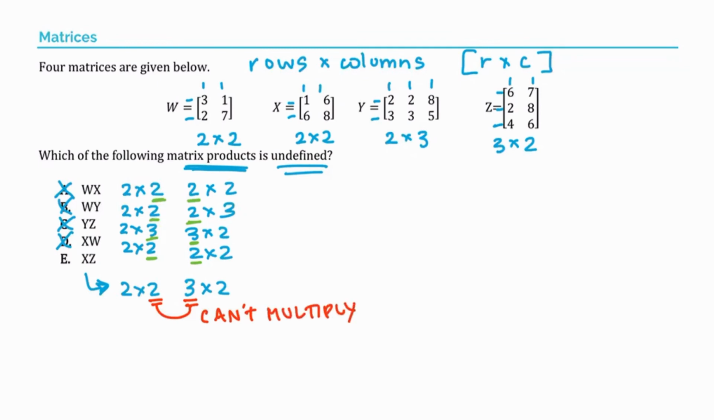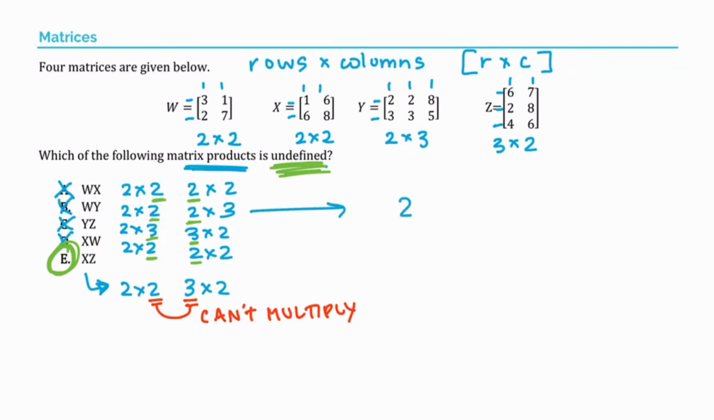So the correct answer to this question, remember, we're looking for the one where you cannot do the multiplication, you cannot find a product, is option E. We cannot multiply a 2 by 2 matrix times a 3 by 2 matrix. One thing too that I want you to also understand, I'm just going to bring one example over here,